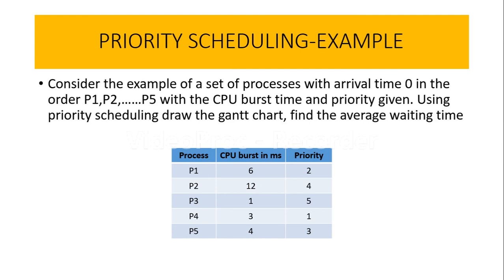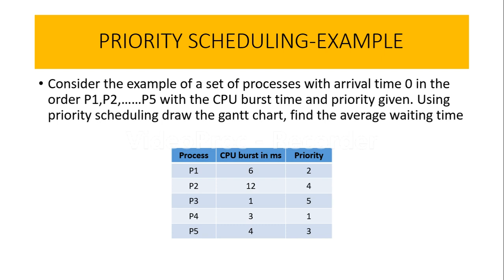So here I am considering a set of processes, and we are imagining that all the processes arrived at time 0, and the order in which they arrived is P1, P2, P3, P4 and P5. As you can see, I have given the burst time for each process along with the priorities. The lower the priority number, the sooner we are going to solve it. Like if we have priority 1, that means we give preference to that particular process first. Okay, fine. So let us solve this one.